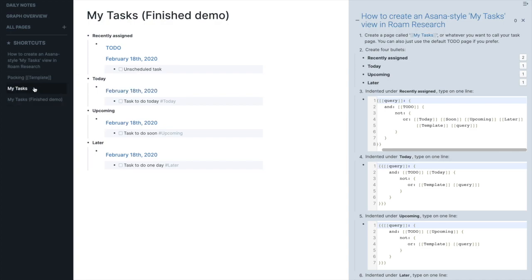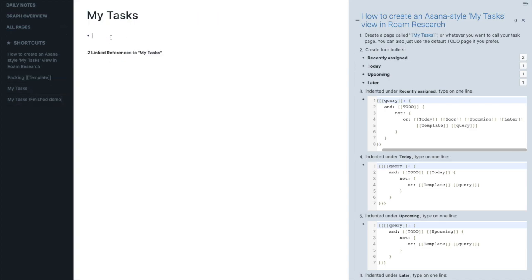So to get started, we're going to create the different sections. Let's go for, what did we call it? Recently assigned, today, upcoming, and later. Now I've just made these bold because I think it's clearer, but you can use whatever formatting